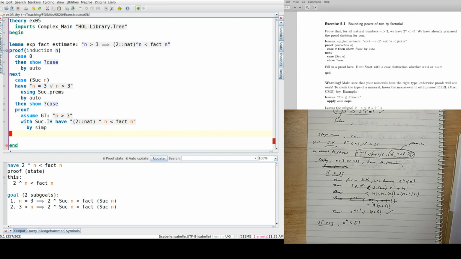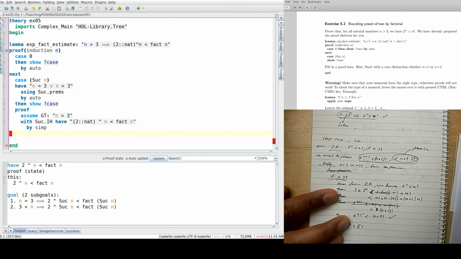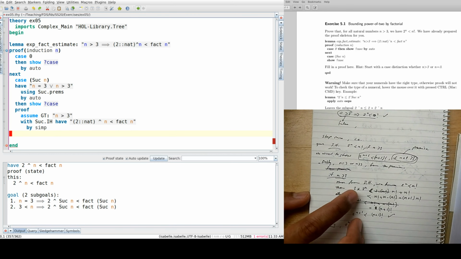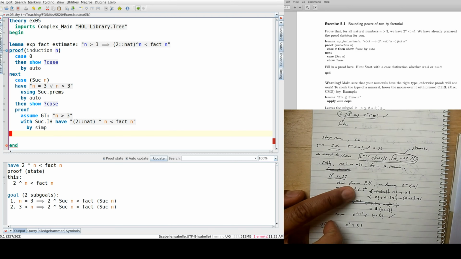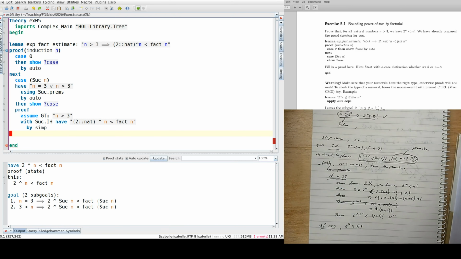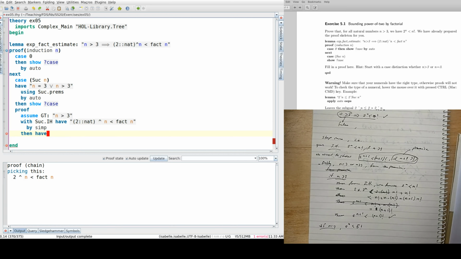And then we can do the next step in our proof on the paper. And that step is this one. Okay, so 2 times 2 to the n is smaller than, so I can just do 10. Okay, actually before I go there, I just want to show you something to make sure that you know it. So you can also say, instead of letting simp combine both of those facts by itself, you can also say that